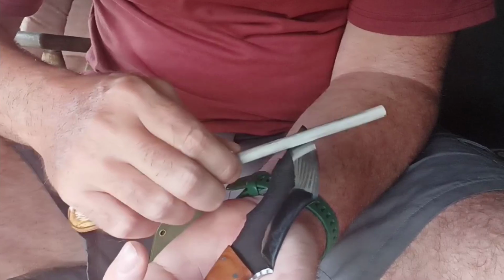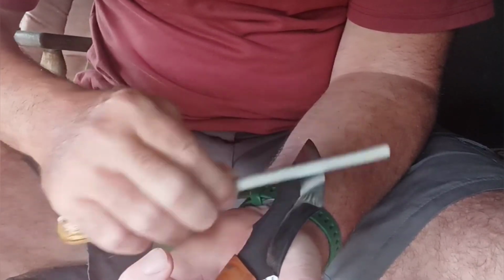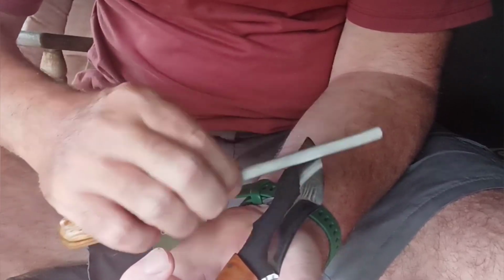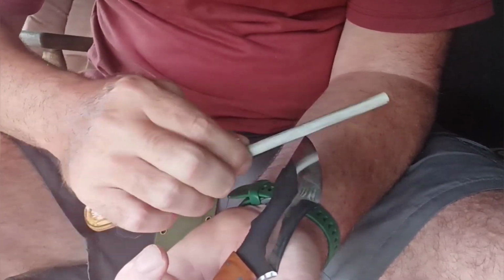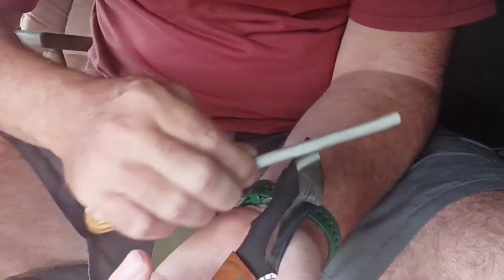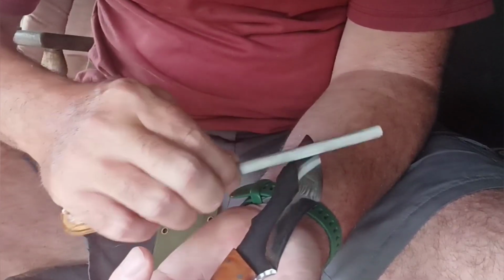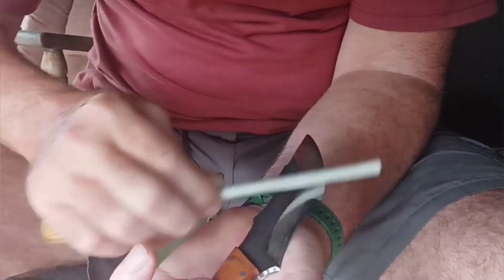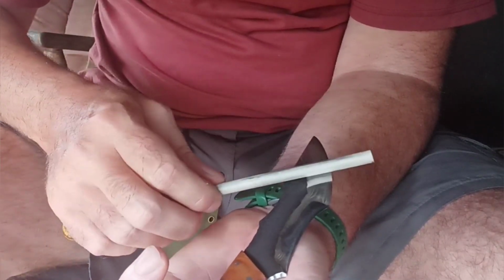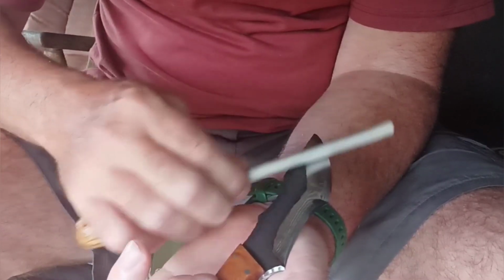And once I've got that, because it's kind of locked into my hand nice and steady, I can lower it to where I'm actually making contact with the edge. Pull back up. Make sure I know exactly where the ceramic is touching, and then work my way down. And all I'm trying to do, because the blade's in perfect shape, is just touch that edge. Come back up